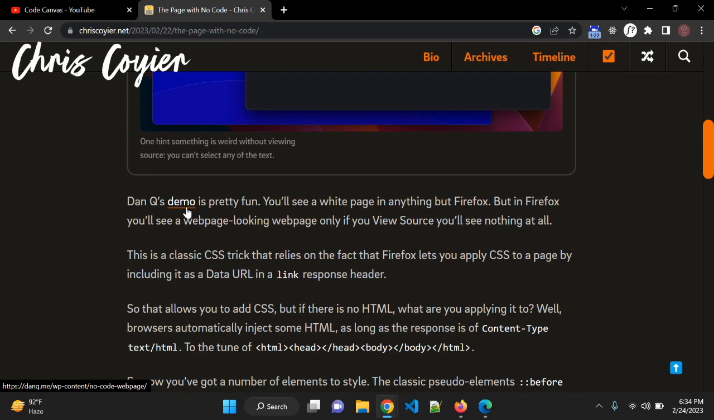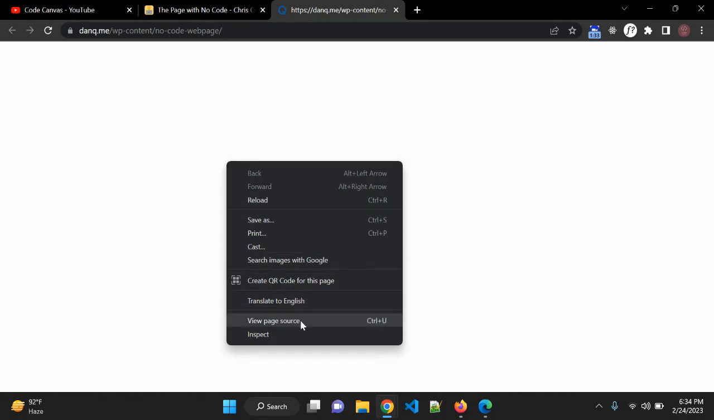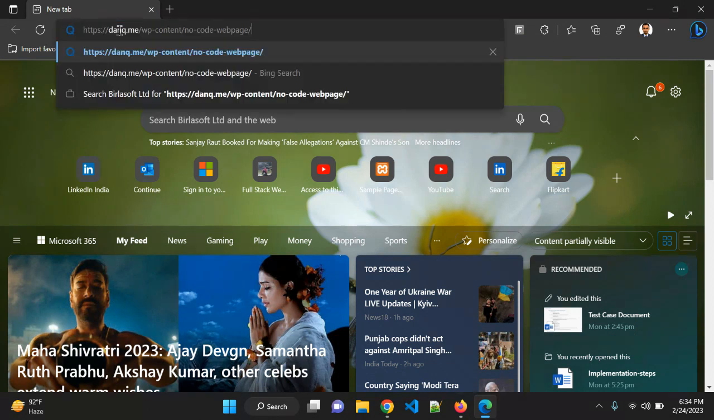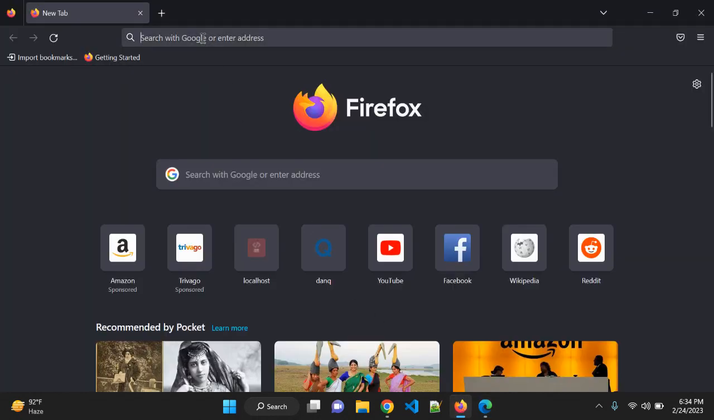There is one demo, let me open that, and you can see a white blank page, nothing is there on this page, right? And when you go to view source, nothing is there. There is some URL and a no code web page. But here's the magic. Copy this URL and open it in Microsoft Edge. Still the same result, nothing is there. But when you open that in Mozilla Firefox,